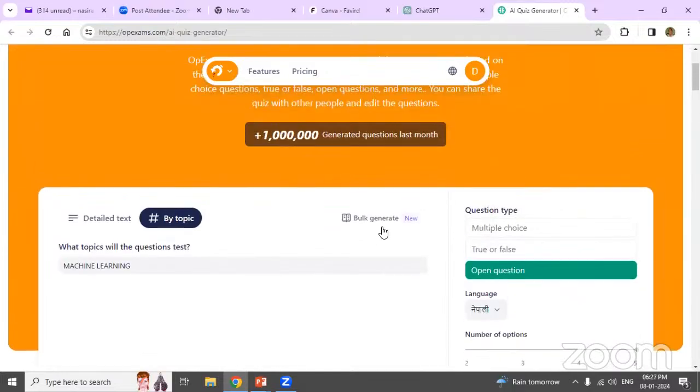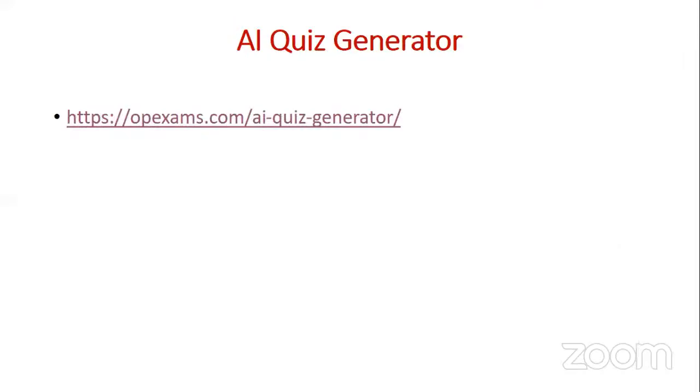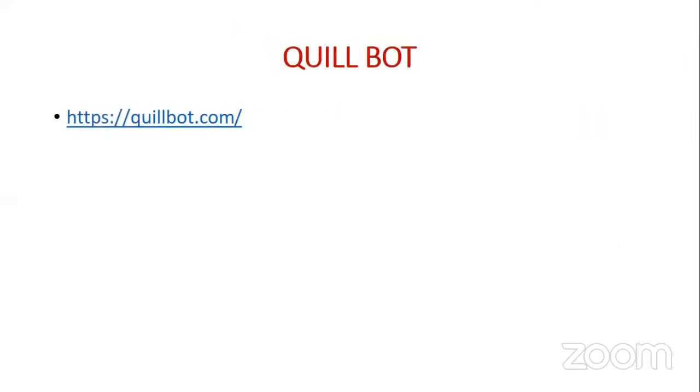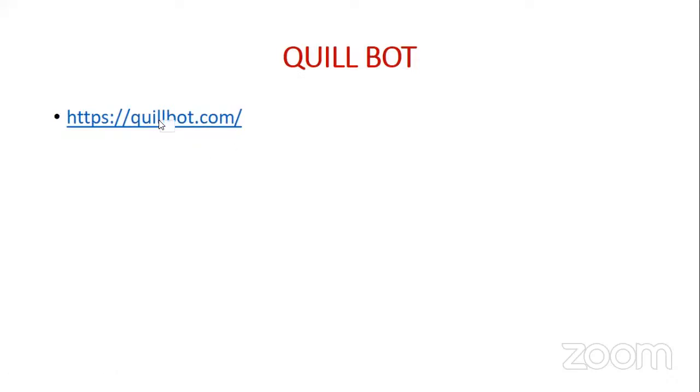So this is one quiz generator AI app, and I have shared the link in the chat box also. I'm sharing these things because I'm using them all and finding them very user friendly. And ChatGPT we have seen. How many of you want to rephrase a sentence clearly? For example, I'm just making a question over here. So this is Quillbot, where your sentence will be rephrased.